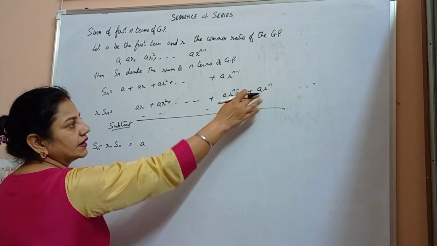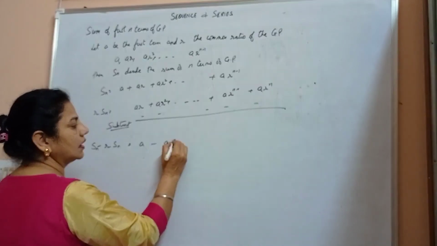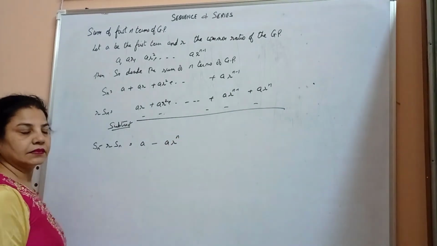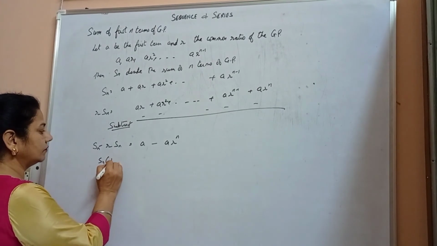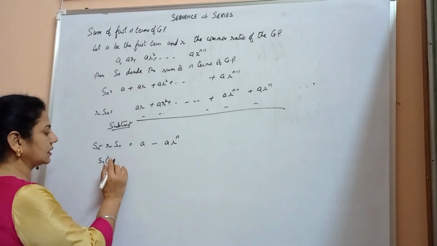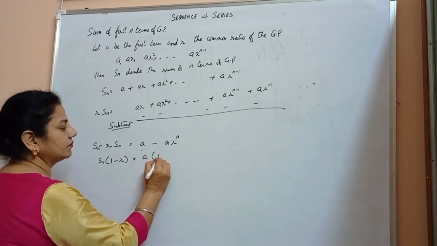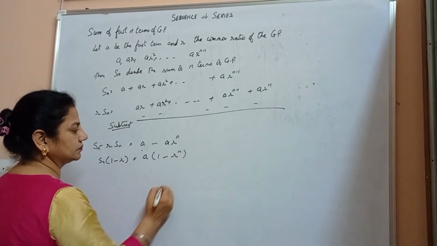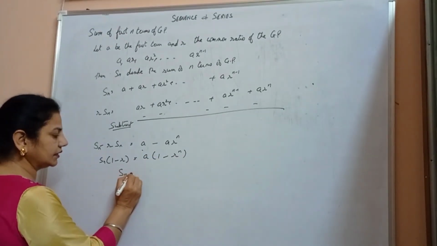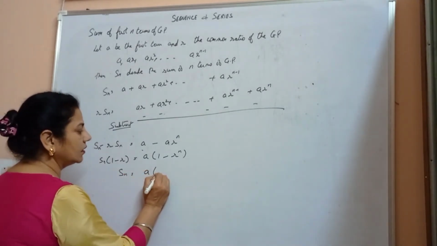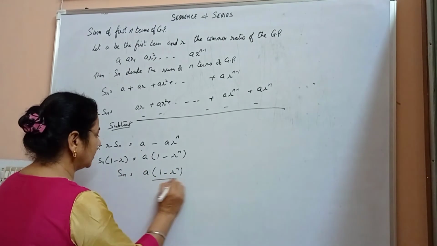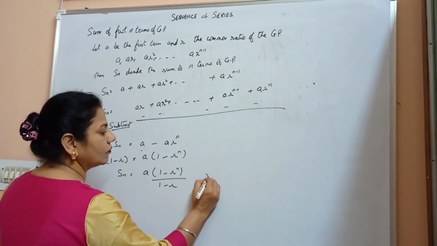All get cancelled, and I'm left with only minus AR to the power n. Take Sn common: 1 minus R is equal to, here I will take A common, 1 minus R to the power n. So the sum of n terms of GP will become A times 1 minus R to the power n upon 1 minus R,